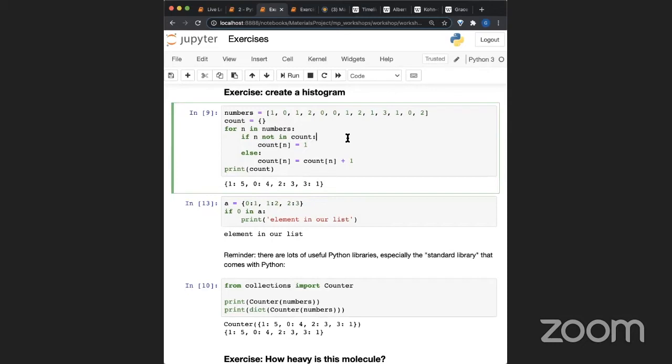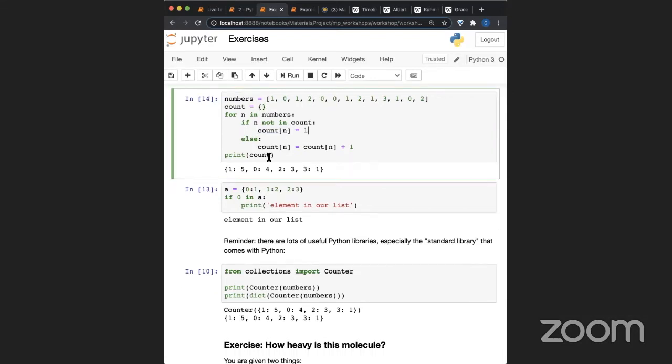And a nice property of dictionaries is that although the keys themselves, in this case 0, 1, and 2, are immutable and cannot be changed following the assignment, the items themselves can be updated. So the item associated with count at the key n corresponds to our bin. So if we evaluate this,